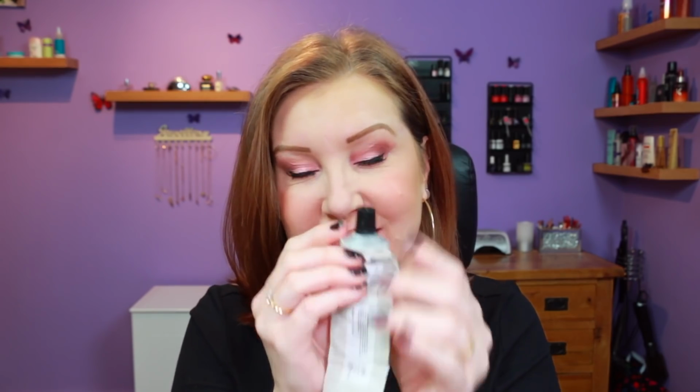The hydration vaccine, you guys know I love this. I love it so much that I was really trying hard to get the rest of this out last night, but because my hands were slippy, it flew out of my hands and my husband was like, what the hell are you doing? I was trying to squeeze the last little bit out of the top. I'm sure I can get more out of here, but I just love the hydration vaccine. I've never felt another product like this. It feels so silky